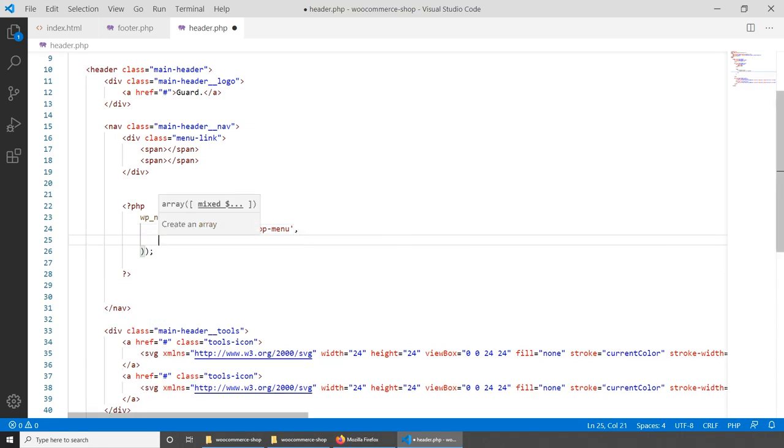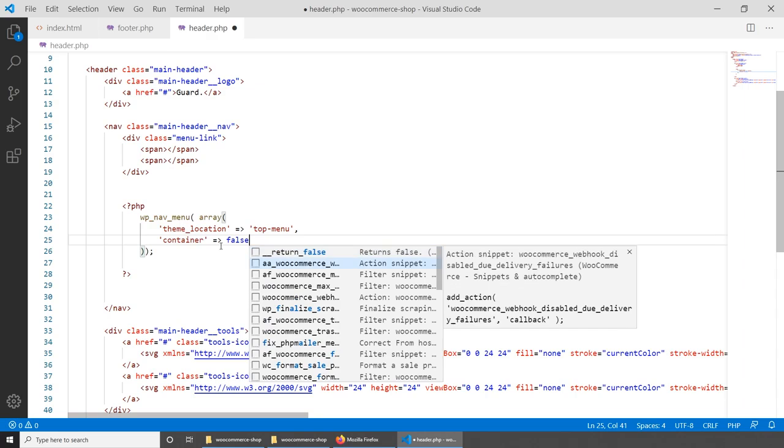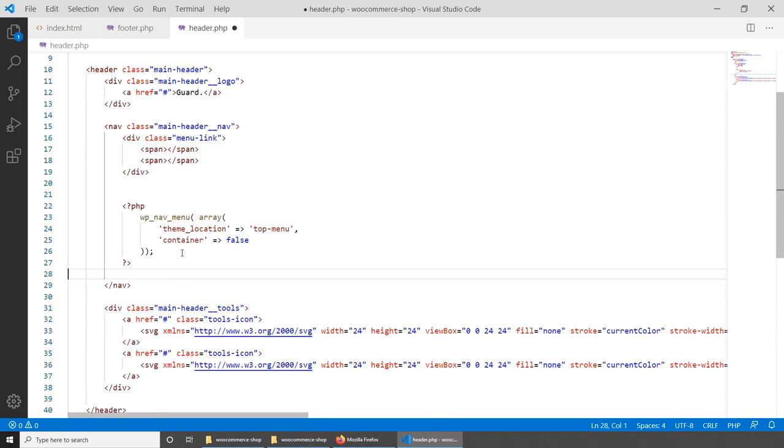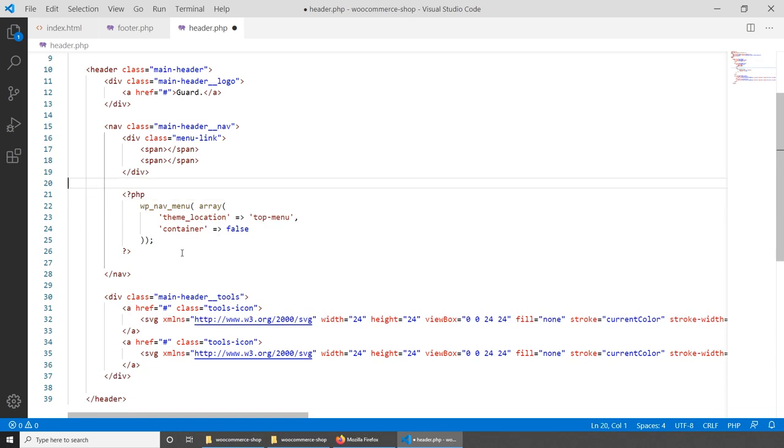Then we need to add a comma and add another property. The next property I want to add is I basically want to remove any default containers that this menu is adding, and to do this we can do container and do false. Alright, so let's save this like this,